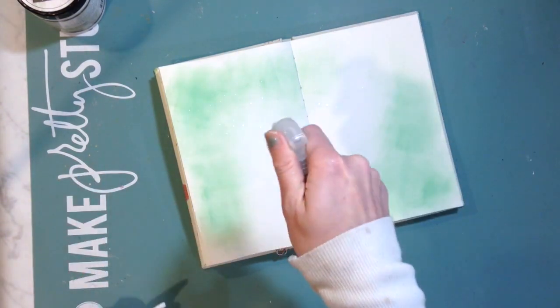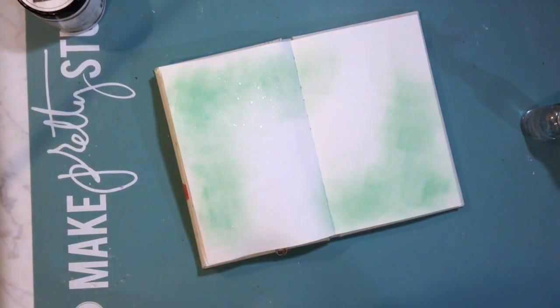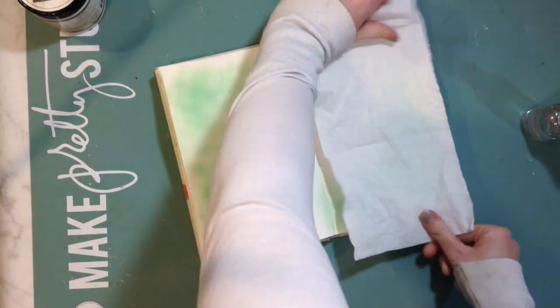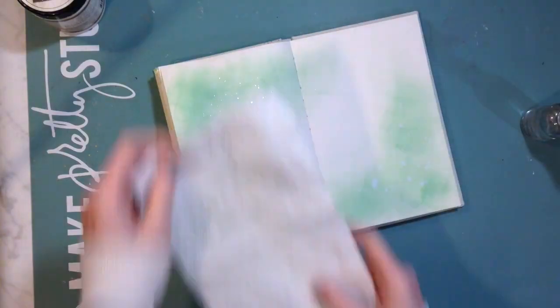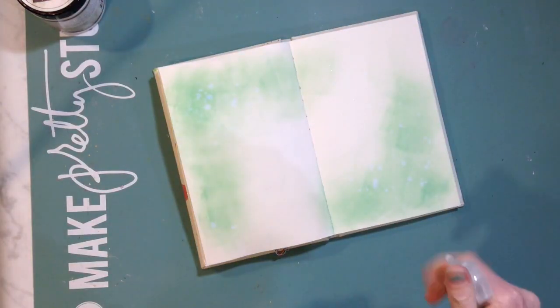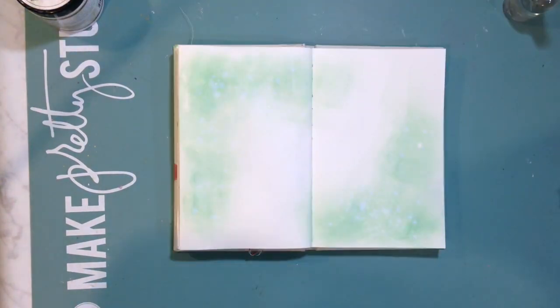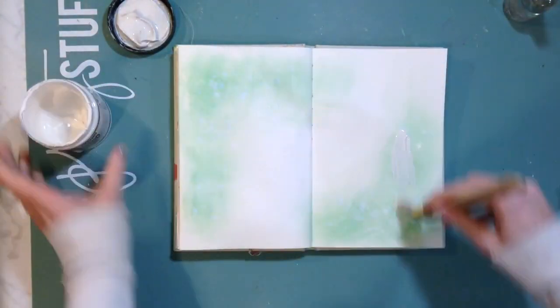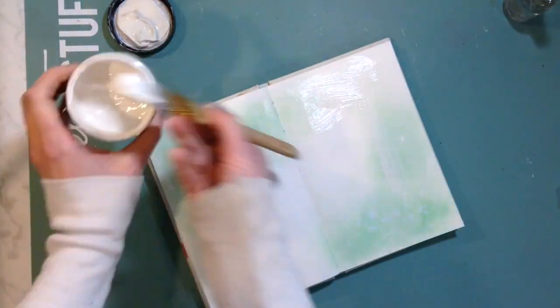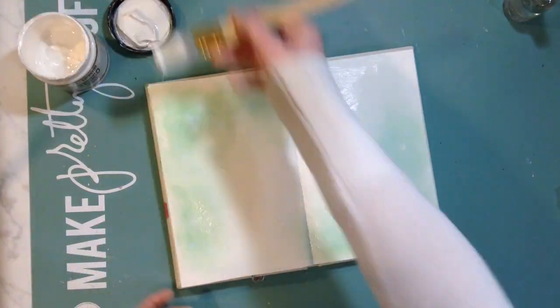So I did a little bit of it on the background with nothing on the background, and then I'm just gonna spray it with some water. So you see me spray and blot because I'm hoping to get some texture with the water drops. I found once I started using shimmer stuff, you couldn't even tell. So because I didn't want this color to come up, I added a primer,